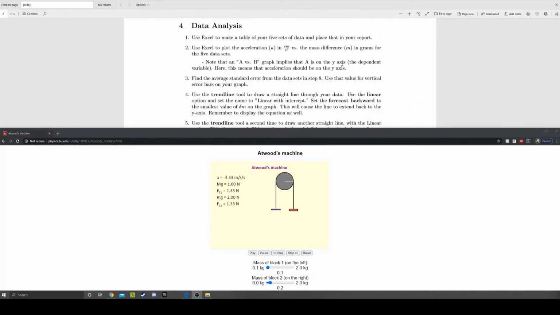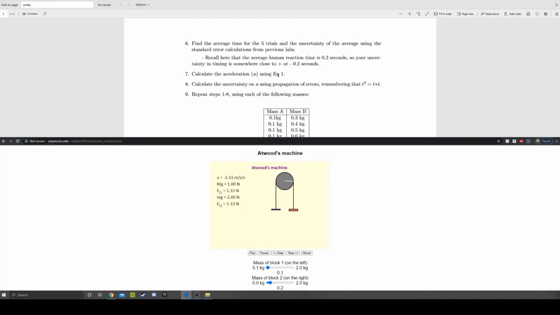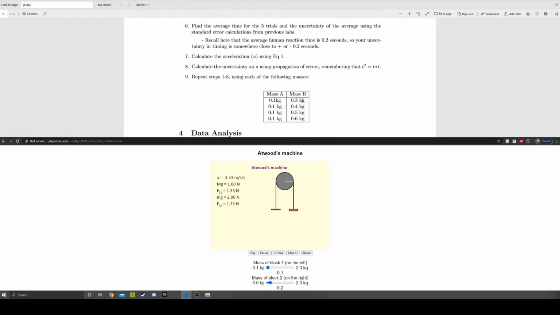All right, now what it says to do. Sorry, I skipped down a little bit. All right, now what it says to do, calculate the acceleration using equation 1, and then calculate the uncertainty on a using propagation of errors. I will allow you to do that on your own time. And of course, remember that t squared is equal to t times t, so that is going to affect your propagation of errors. And now it says to repeat steps 1 through 8 using each of the following masses, all